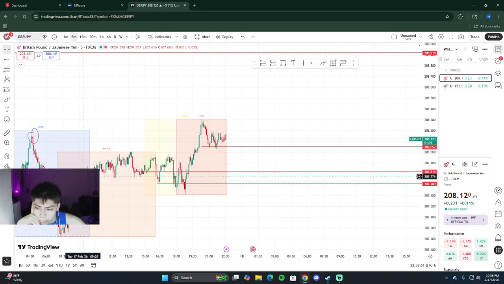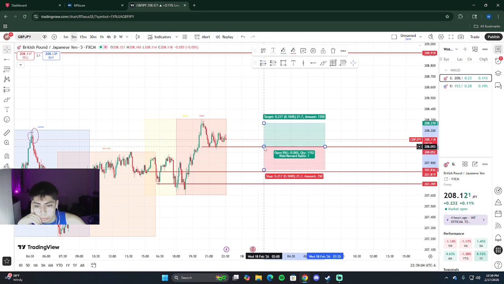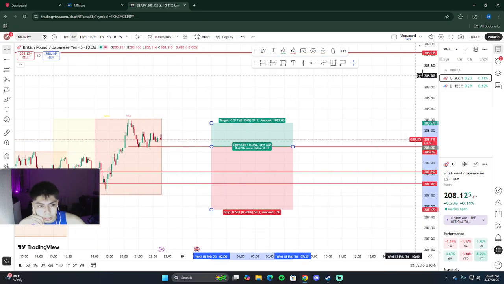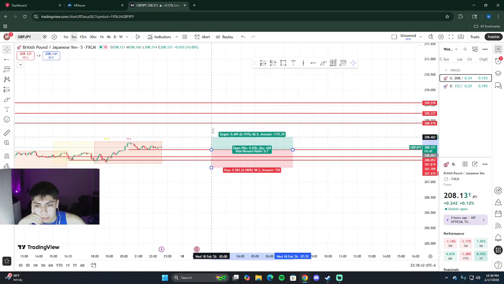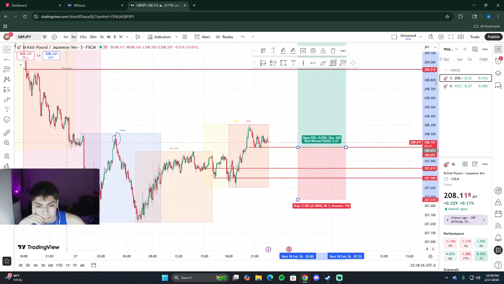Liquidity right here, because it never got swept. You could put it down here. I would put it at these lows right here. Yeah, I'd put it at these lows. So if I were to enter off the liquidity sweep, I'd put it at these lows for this right here, and take profit up here. That'd be a 2.61, right?